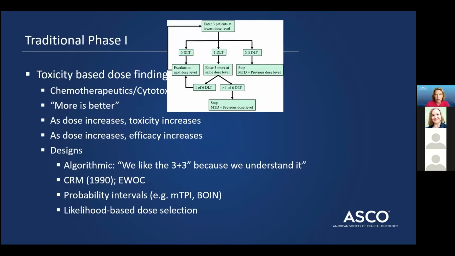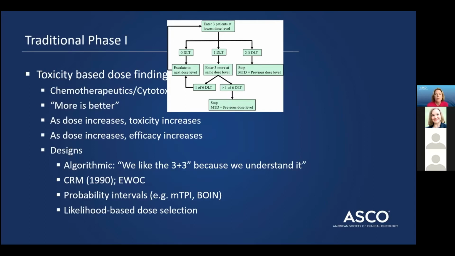You enter 3 patients at a low dose level. Depending on how many patients have an adverse reaction, quantified as a dose limiting toxicity, which would be defined in the protocol, you either escalate to the next dose level, you enter more patients at that dose level, or you stop. And then this algorithm continues until you find an optimal dose